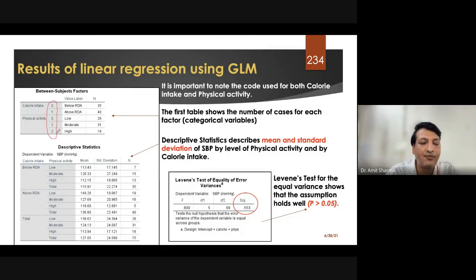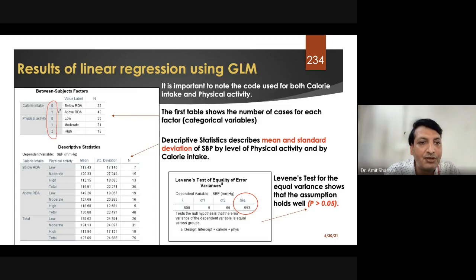Because, for example, if I want to compare antihypertensive drugs, and I have more than 15 or more than 20 categories to compare against systolic blood pressure, it is very difficult for you to remember which drug has been given what code. So the first table which will be represented by the software is the coding table.